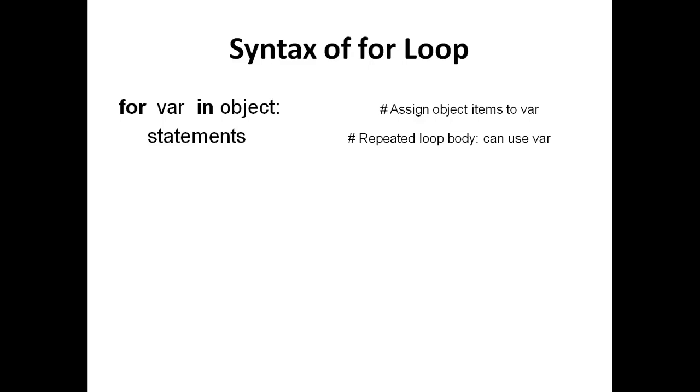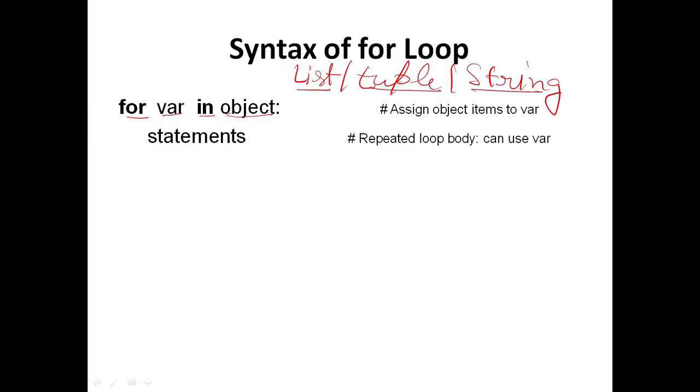or Java. So in Python it has syntax like the for keyword, then you can write any variable name here, then you have to write the membership operator in, then we can write an object. This object must be a sequence or iterable object, and in Python we have three kinds of sequential objects: list, then another one is the tuple, and another one is the string. So we can use any one of them, either list, tuple or string, or any iterable object.